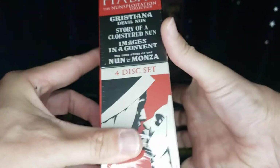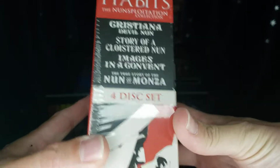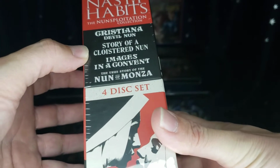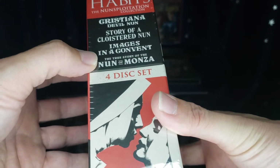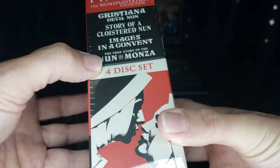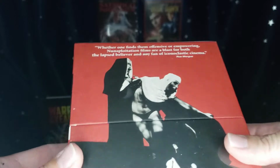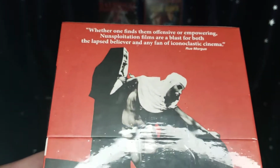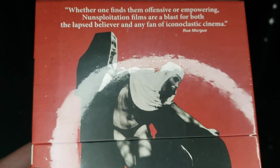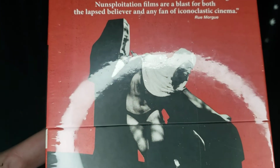And there are four films. I will read them on the side here, the print's a little easier to see. Christina Devil Nun, Story of a Cloistered Nun, Images in a Convent, and The True Story of the Nun of Monza, a four-disc set. Whether one finds them offensive or empowering, Nunsploitation films are a blast for both the lapsed believer and a fan of